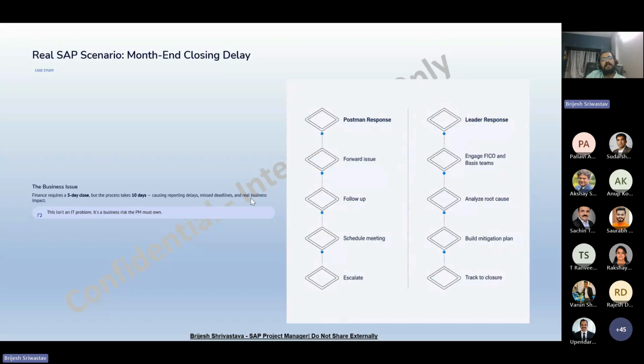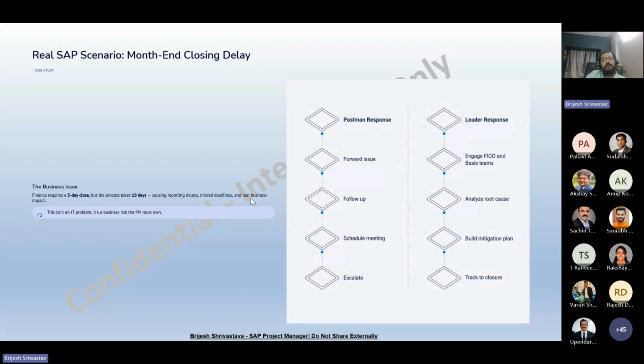The project manager immediately brings together the FICO consultant, business team, business users, and any other relevant team if required. They identify the root cause, define a mitigation plan, assign clear owners, and track daily progress.